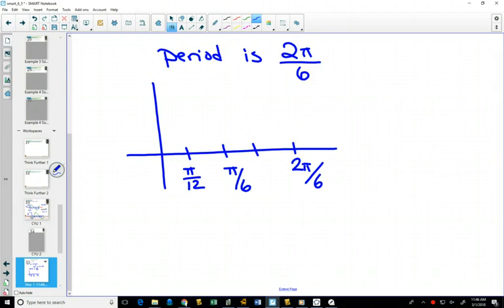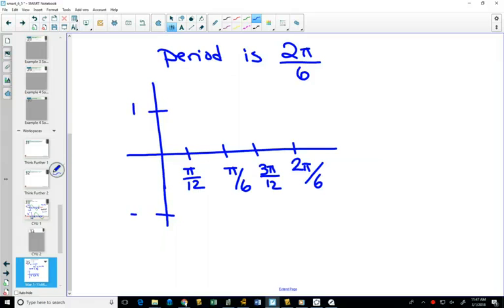Then for the third one, if one section is pi over 12, you could just count 1 pi over 12, 2 pi over 12. The third one will be 3 pi over 12. And you could reduce that 3 pi over 12 to pi over 4 if you wanted, and you could reduce the 2 pi over 6 to pi over 3 if you wanted, but you could leave it like this as well. Then for graphing cos,